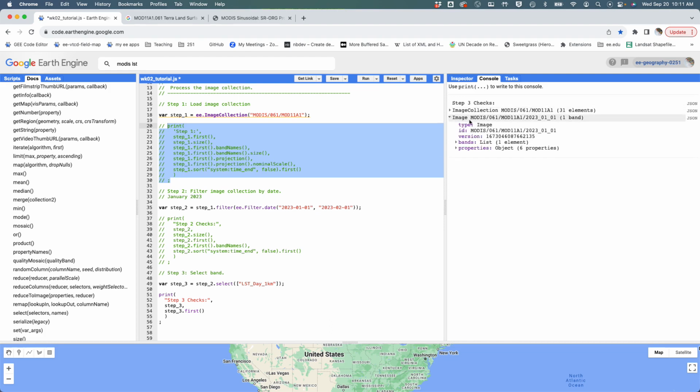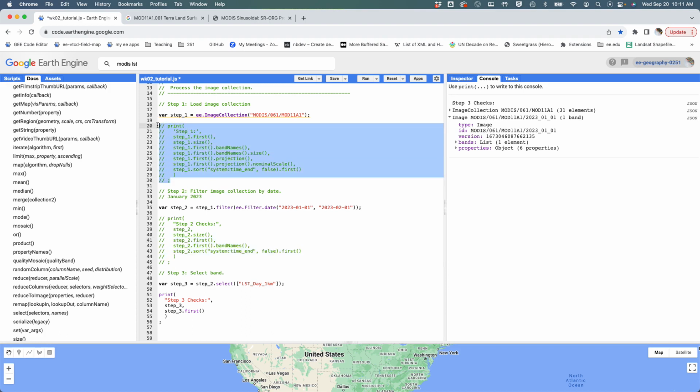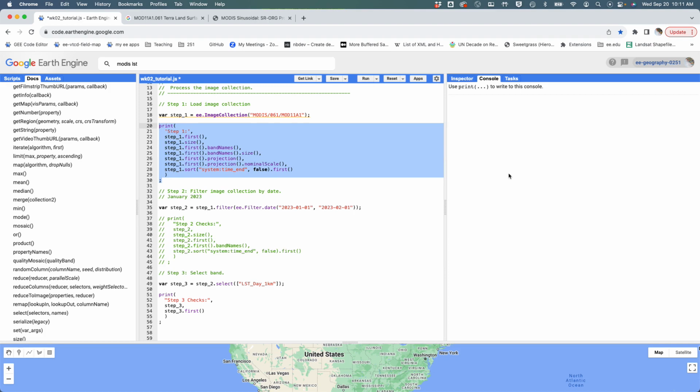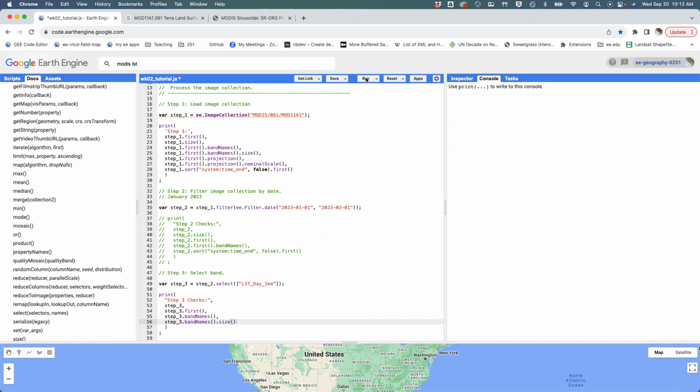So anyway, that very quickly got us our first image in the image collection for step 3, and you can see that the band now only has one. If I wanted to compare it to this one so that we can see the difference, bring that back and hit run. And so we had 12, and we just now have a single band. And we can do this, we can say step 3 band names to quickly see that, or step 3 band names size to quickly see that. And what you should see is that we've gone from,